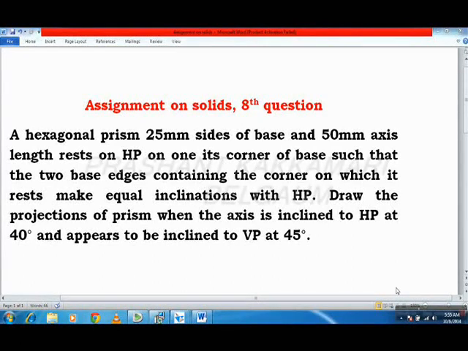Now I will give one demo on projection of solids. In that I will select one question from the assignment, that is the 8th question. The question given here is a hexagonal prism, 25 mm sides of base and 50 mm axis length, rests